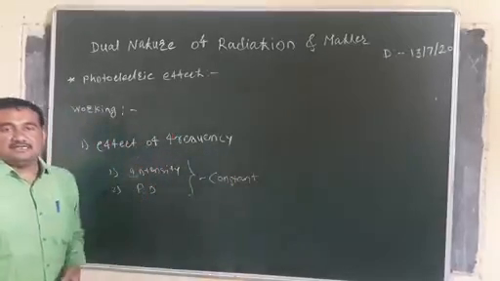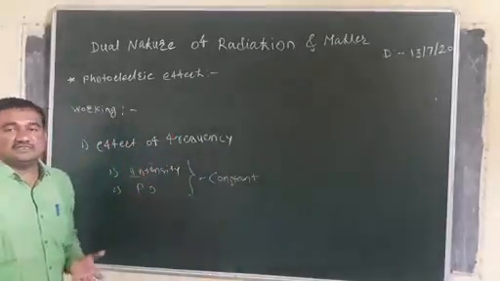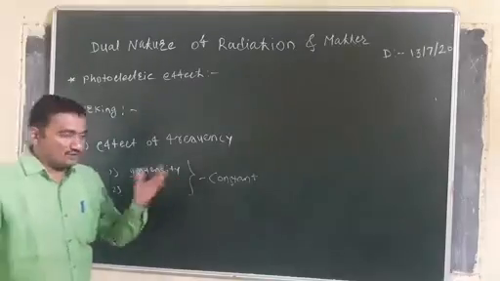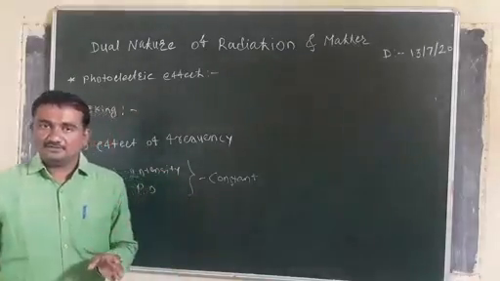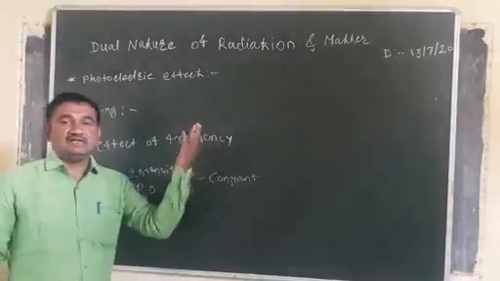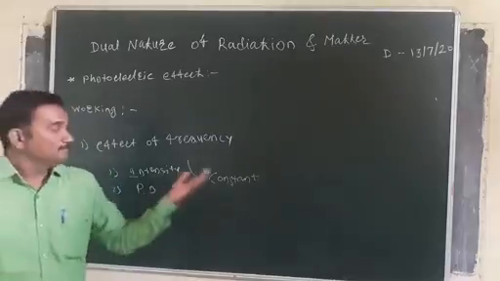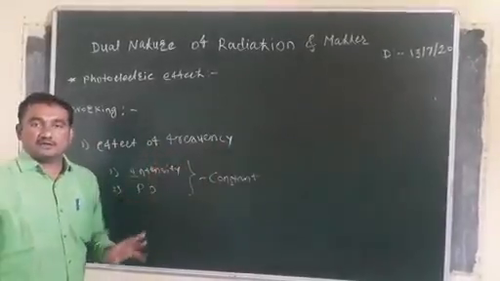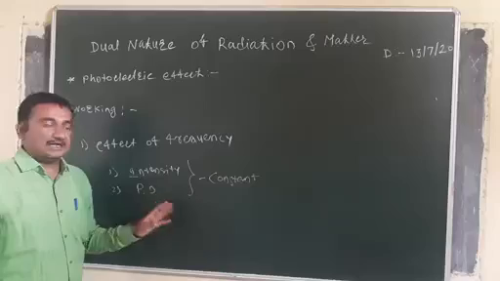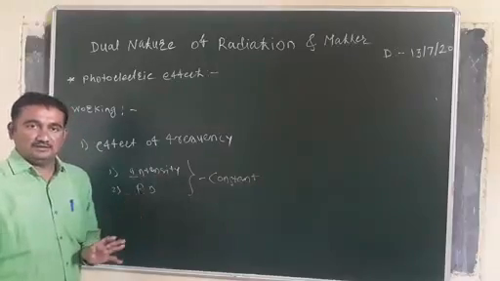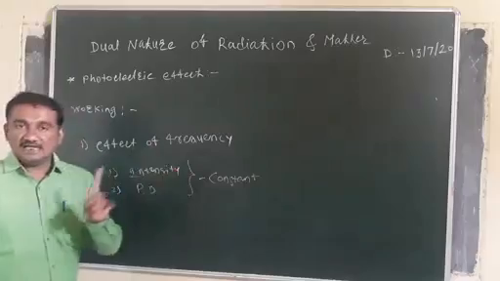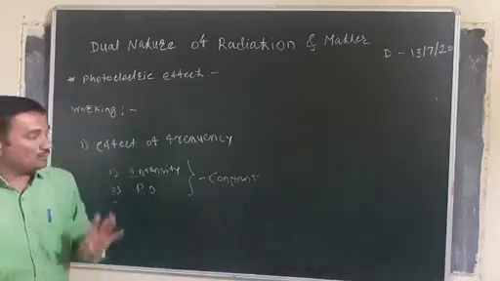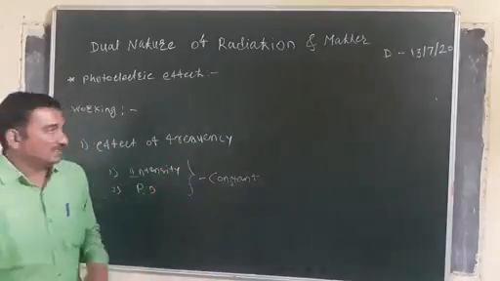While studying this effect, it is seen that at lower frequency there is no photoelectric current, means photoelectrons are not emitted from the metal surface. But as the frequency of incident radiation reaches a certain minimum frequency, that is called the threshold frequency, then and only then photoelectrons are emitted from the metal surface and we get the photoelectric current. At lower frequencies photoelectric emission is zero, means no photoelectrons are emitted from the metal surface.